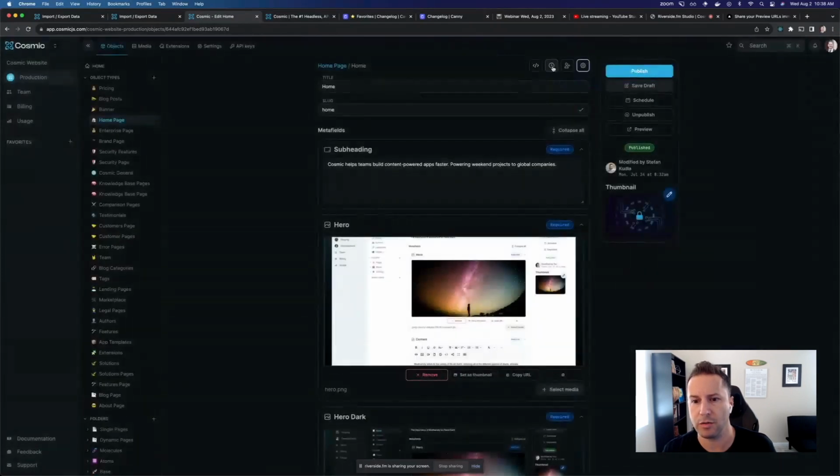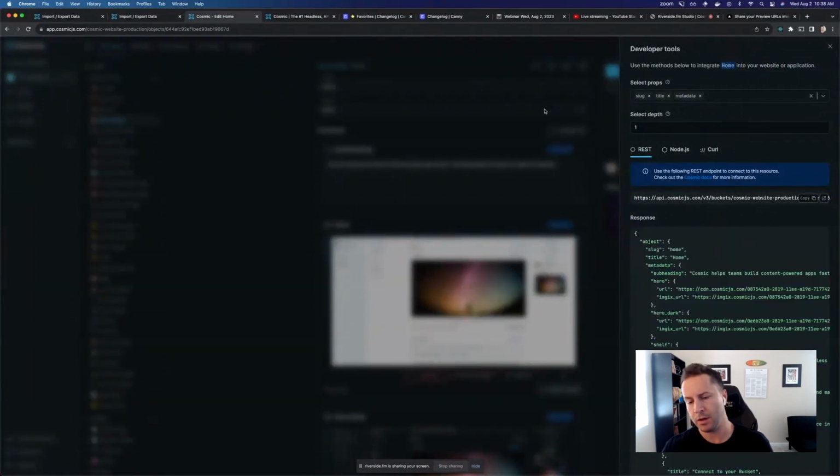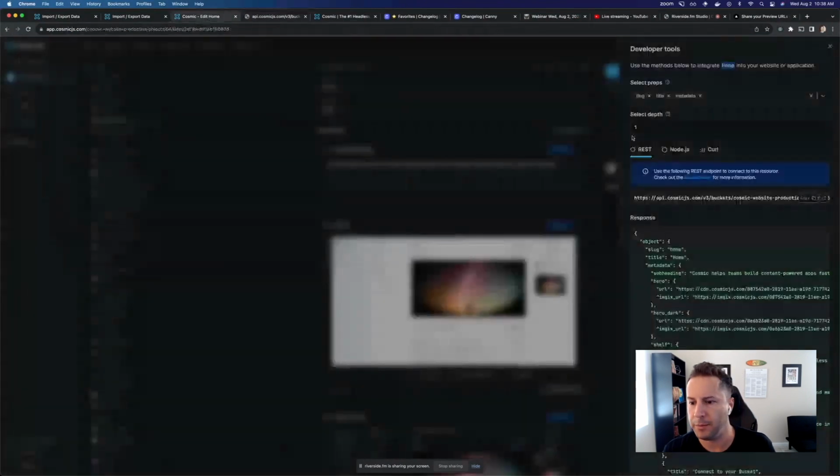So I'll go through these and make it clear exactly what these are. If you want to integrate this content within your project or in your code base, we've got these helpful tools to get that set up for you. So if you're using the REST API, you can simply connect, just click out into a new tab and you can see exactly how the data is modeled. You can also